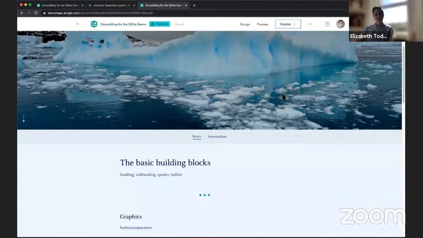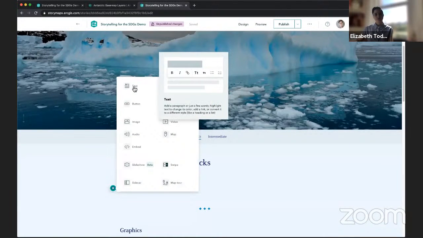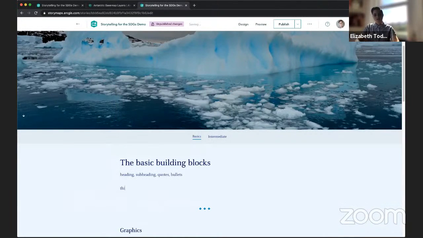And let's talk about the basic building blocks of ArcGIS StoryMaps. So the first thing that most of your readers are going to see aside from your image is going to be text. And so when you want to add text, you go up here in the block palette, you click text, and I'm going to just add in some text. So this is text. And if I want to do some quick changes, I can just highlight that text and either turn it into a heading, or maybe I want to make it a subheading. But in this case, I might actually want to make it just a numbered list, and I'm not sure I love that color. So I can change the color right here,